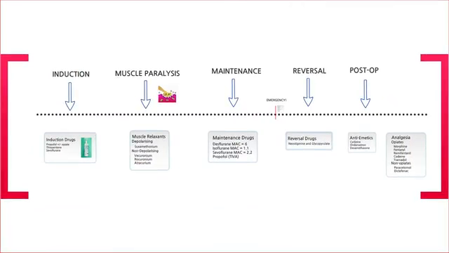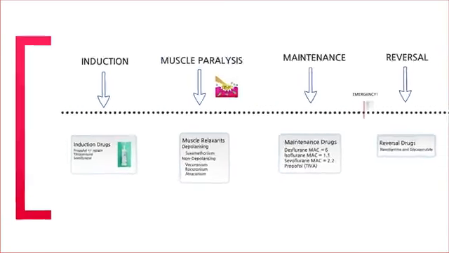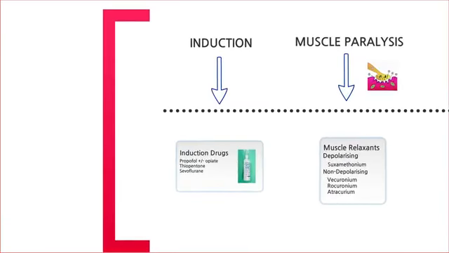Okay, so first of all, we're going to talk about the induction of anesthesia and what goes on in the anesthetic room. So when a patient comes into the anesthetic room, there's typically an anaesthetist in there and an ODA or an operating department assistant. It's very important for us to have a blood pressure cuff on, ECG leads and oxygen saturations, as many of the anesthetic agents used can affect the cardiovascular system. So we typically put a cannula in the back of the patient's hand, pre-oxygenate them, and then we can give